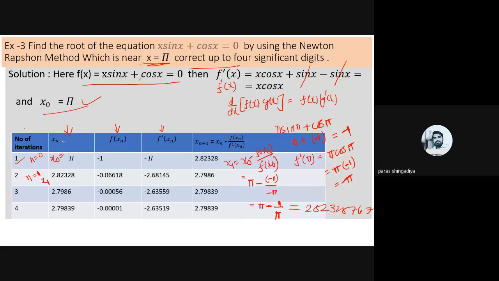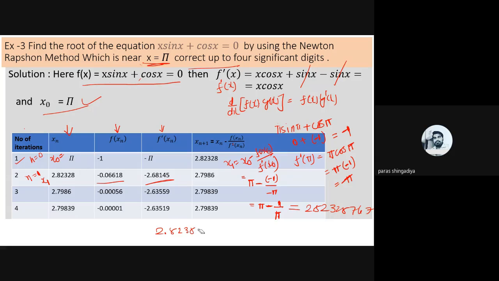So both values that I have mentioned here, minus 0.06618, just verify with your calculator. For any query, any doubt, just ask. And then the derivative output that we have is minus 2.68145, and now use all these values in the formula. The formula of x2 is x1 minus f of x1 upon f dash of x1. So it will be